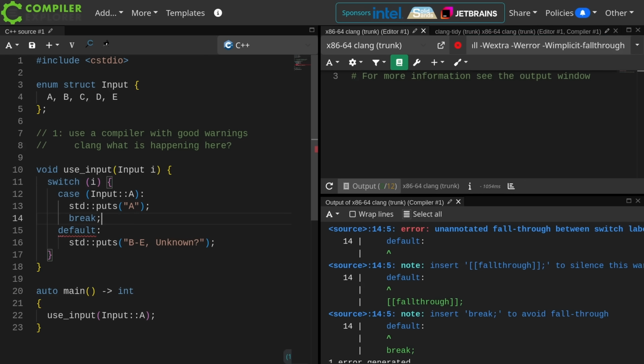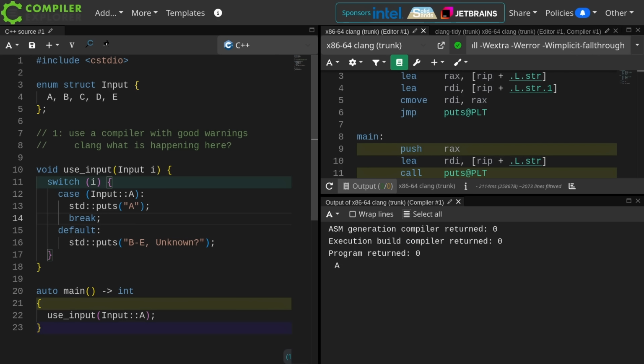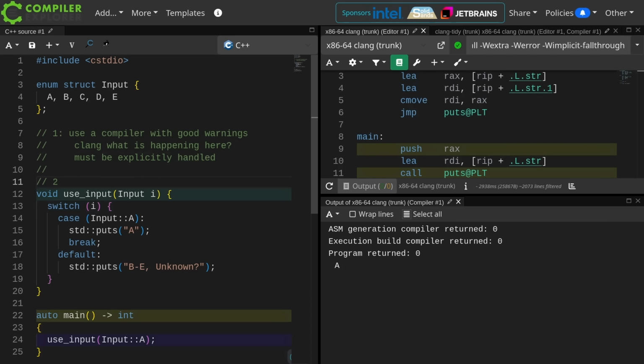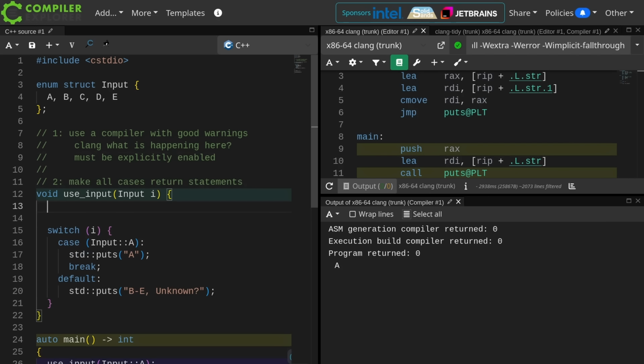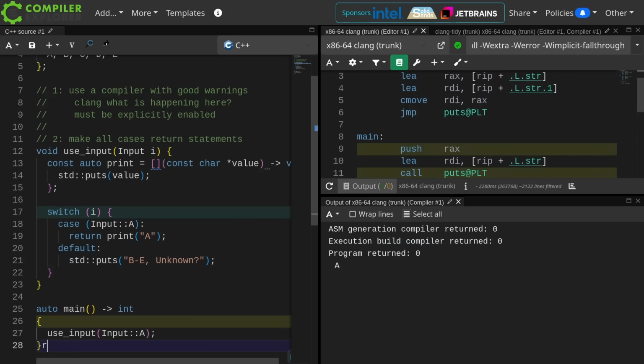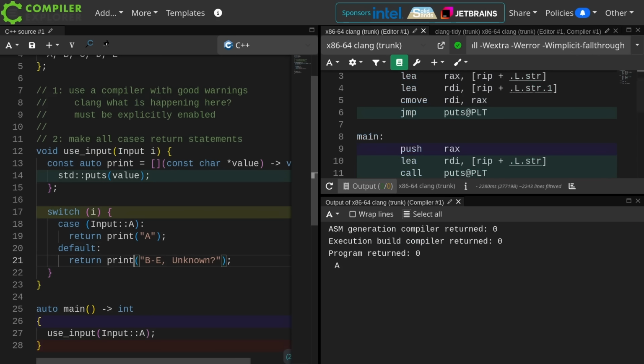All right, so I now put the break here and I get what I want printed and I get no errors from my compiler. There are a multitude of other ways of handling this. For example, I did an episode on this as well called Returning from the Void.